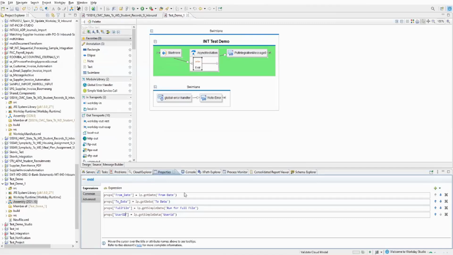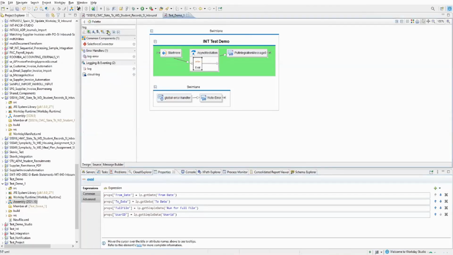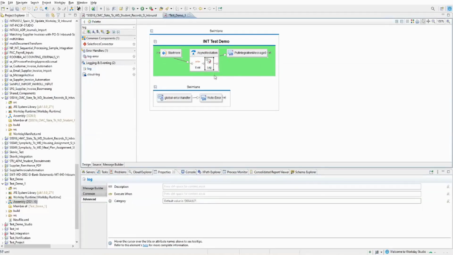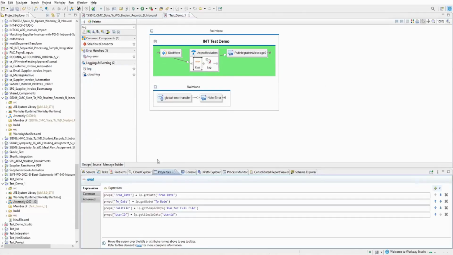Okay, now I saved it. Now say if I want to display it, what I will do is I will have my log component. I'll put it here, but what will this log show? The AVAL is just populating the variables. It is not changing the message.